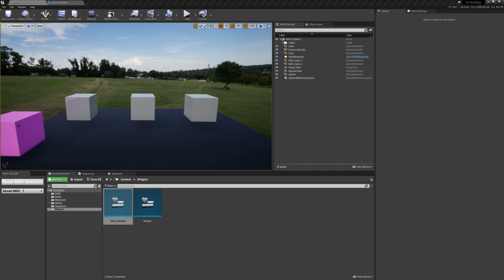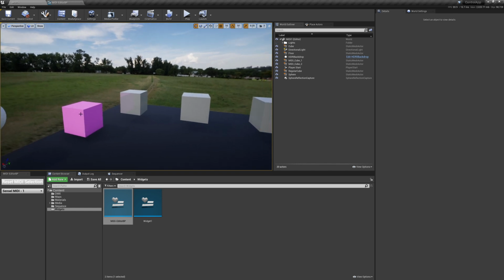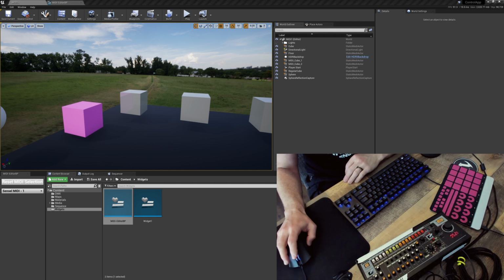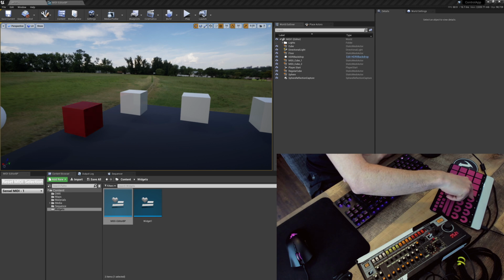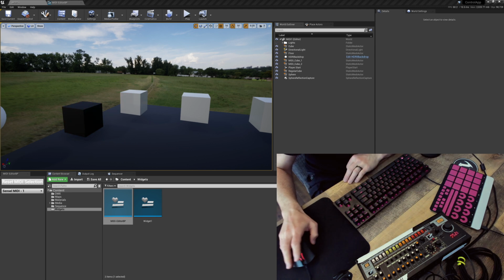So you may have noticed it actually was doing something here in the scene. It's affecting the color of this cube. So let me go back to that camera. On the first one, I'm affecting the red channel. On the second one, I'm affecting the green channel. And on the third one, I'm affecting the blue channel of the color that I have on this material